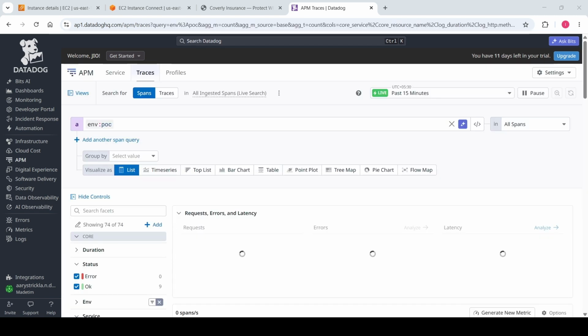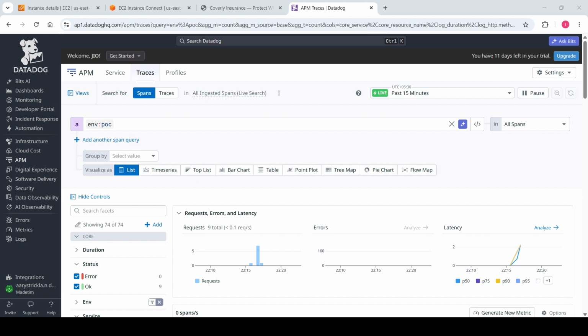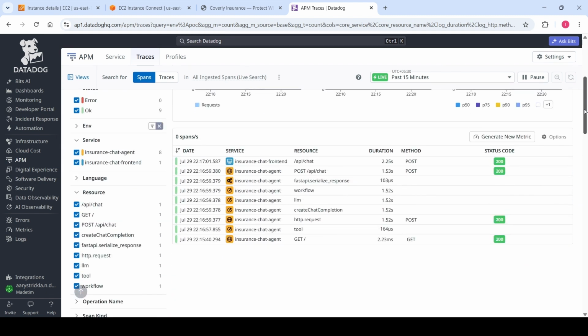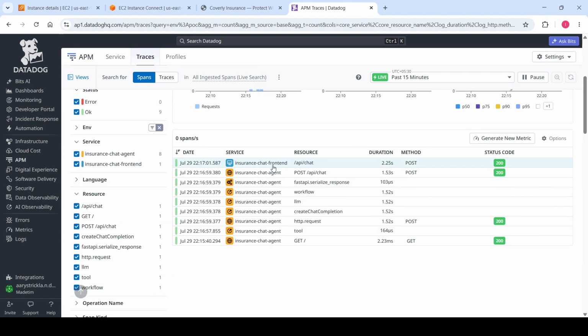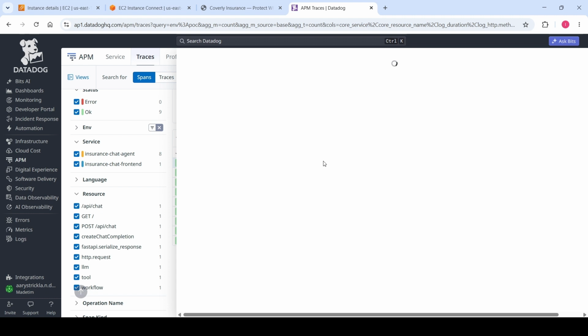So we have the Datadog traces which we are in now. Let's go and see what has happened in the last 15 minutes. You can see around the same time there was one particular API chat call, but the problem is it's not a failure. It's successful. If I go inside this API chat,